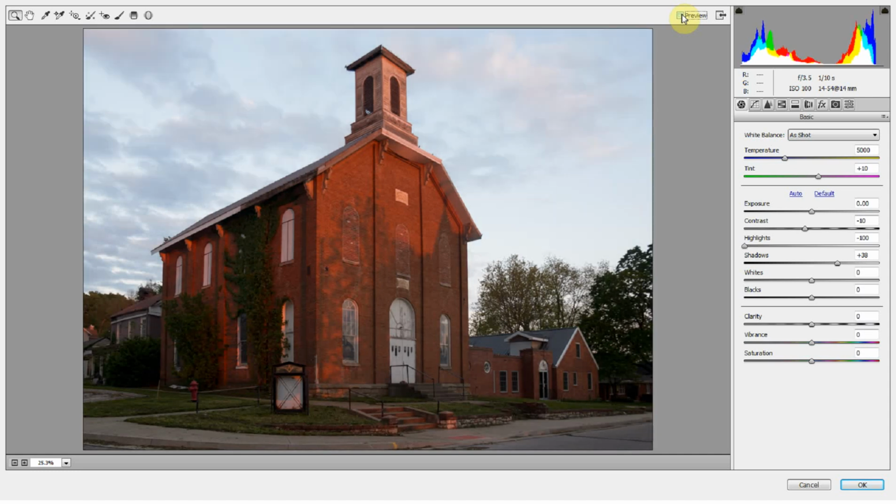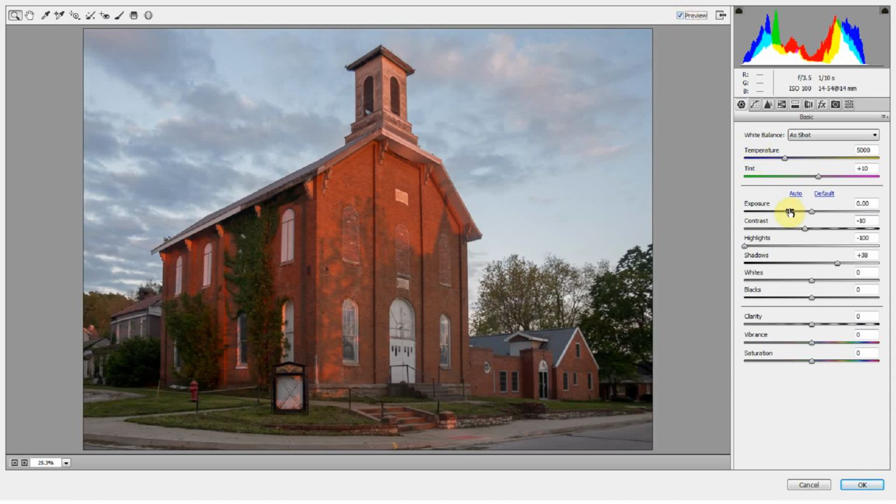But what I like about the preview, what we had before, is there's a differentiation between the foreground and the background. It actually makes a three-dimensional looking photograph. Whereas now we've reduced a lot of that contrast and taken away that three-dimensional feel. So I'm going to increase the highlights a little bit to push them back further. And that's one of the things you want to keep in mind as you're doing the HDR process, is that you do not want to create a flat image by reducing your contrast so much that the contrast doesn't exist anymore.